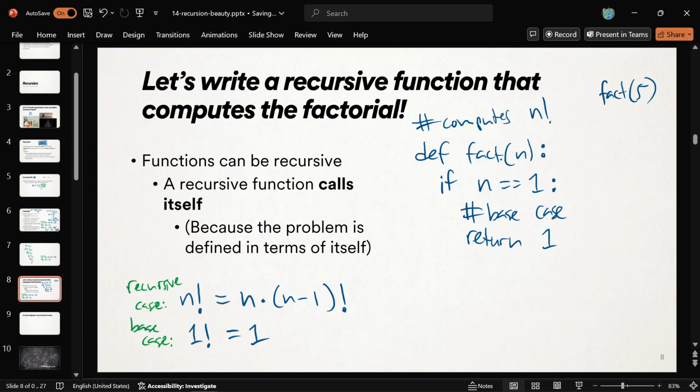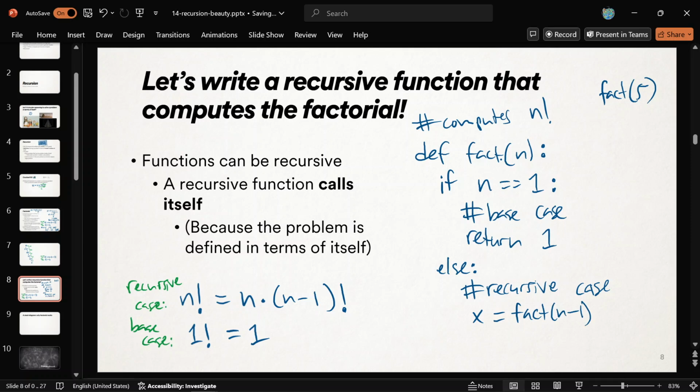So that's perfect. Otherwise, else, that means n was not 1. So we're going to use the recursive case rule for that one. That means we're in the recursive case. And so what we need to return is n times the factorial of n minus 1. And the question is, how do we compute that? Well, we can throw it off to ourselves. That's going to be the secret. And it will work. You get to assume that it's going to work. We'll call this x for a second. We need to call ourselves. We need to get the n minus 1 factorial. That's a call to fact of n minus 1.